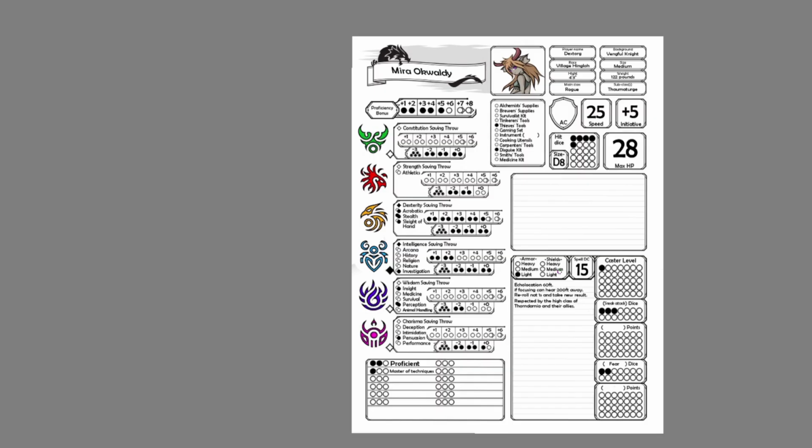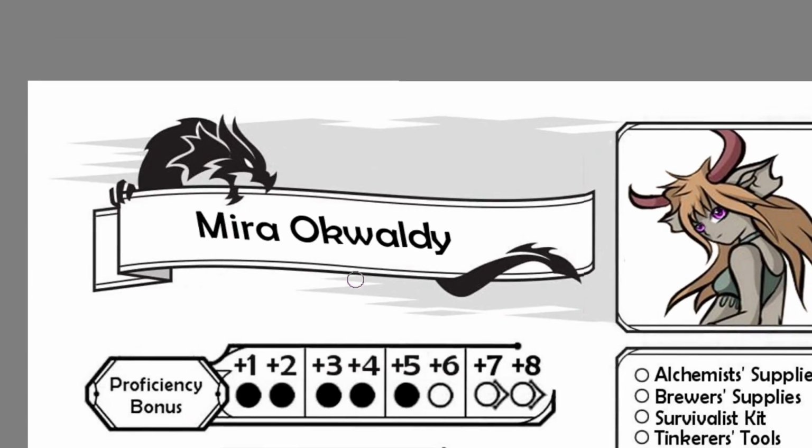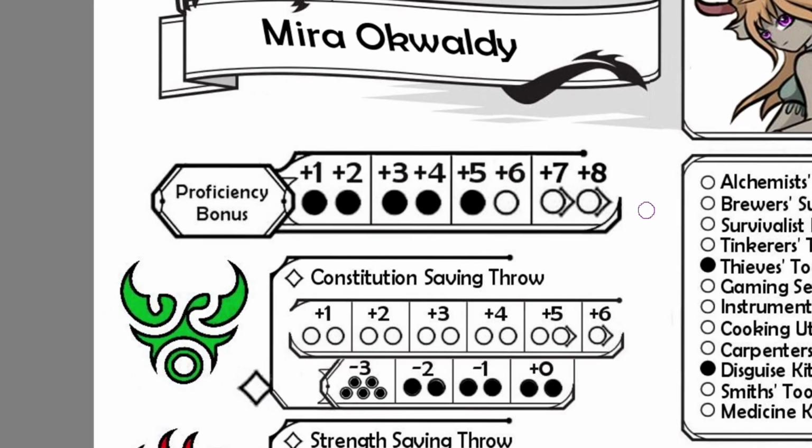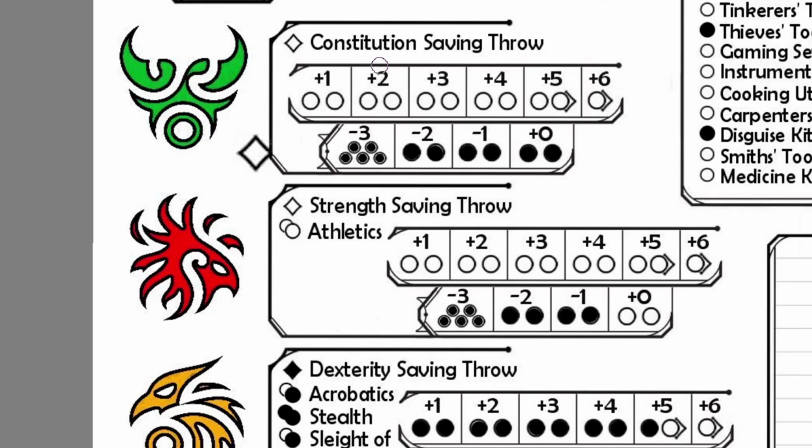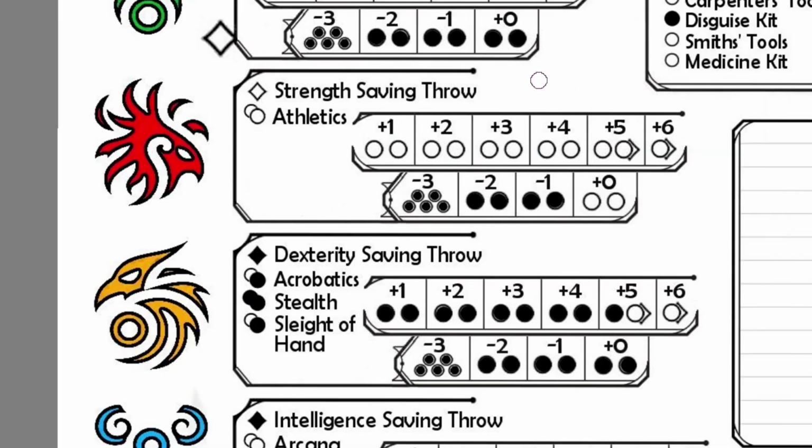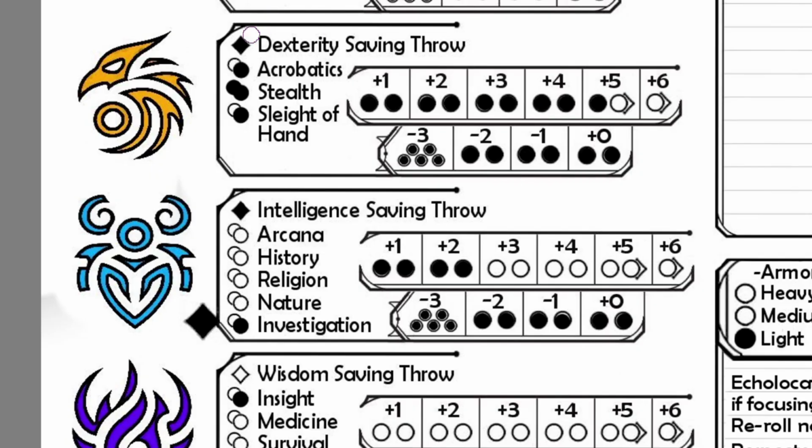I'm just going to go through everything that we talked about one more time in a quick run through. Our name is in the top left corner. Underneath it is our proficiency bonus, which can go up to 6 before you need to increase the maximum proficiency bonus to get it past such. We do not have Constitution saving throw proficiency, and our modifier is +0. We do not have the saving throw or the skill of strength proficiency in, and we have a -1 to our modifier. Our dexterity has every skill with proficiency, including the saving throw, and we have expertise in stealth, meaning